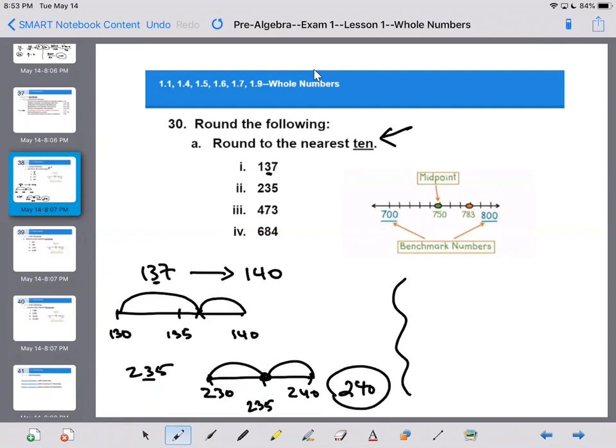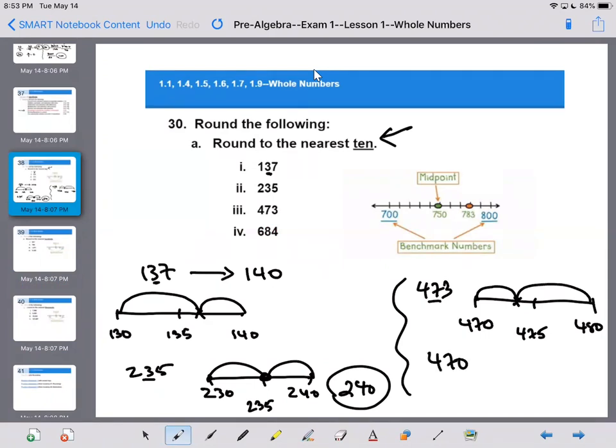When you have 473 and you round to the tens, you could look and say, well, that's going to be 47 tens or 470, 480. Halfway between is 475. Where's 473? Somewhere there. So is it closer to 470 or 480? We would say 470. So the idea about the rounding piece is you're just looking at the designated place value,